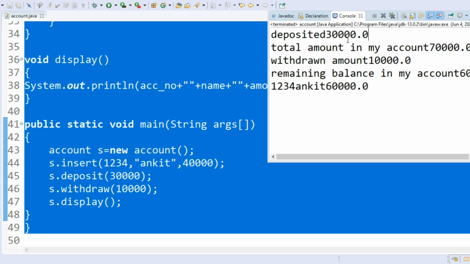When 30,000 is added to the 40,000, it becomes 70,000. When 10,000 is withdrawn, total amount minus 10,000 becomes 60,000. So the account number is 1234, the name of the account holder is Ankit and the amount is 60,000. In this way the whole program works by using different methods.